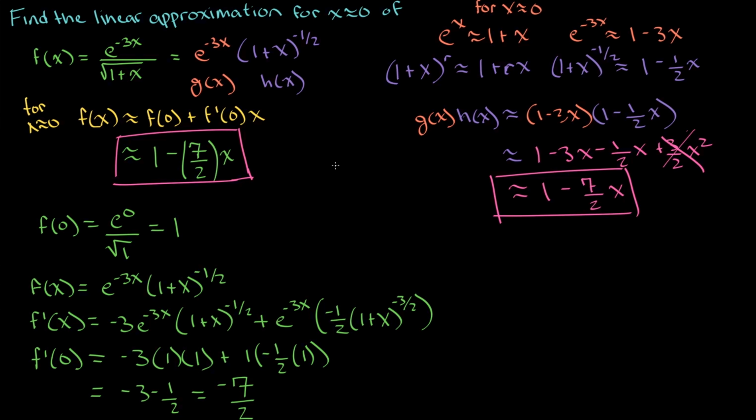So you can see that at least for this example, when we multiply these individual linear approximations together, we get the same answer as if we were using the linear approximation formula. And in the next video, I want to prove that this is the case in general, that you can do this. And really what this is working us up to is, if you were asked to solve this problem, I myself would probably go with this method over here of just applying the linear approximation formula,